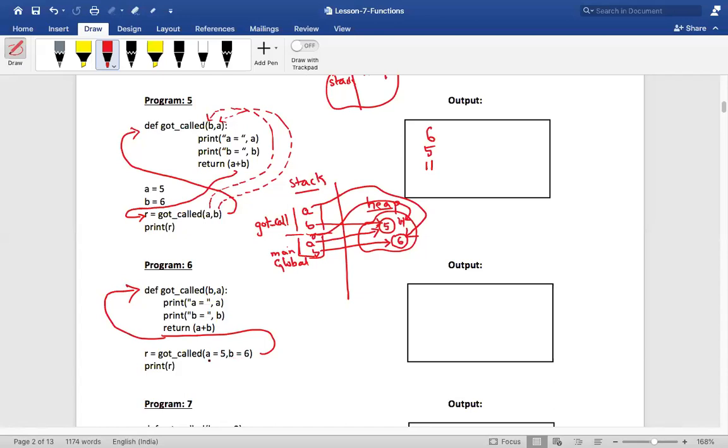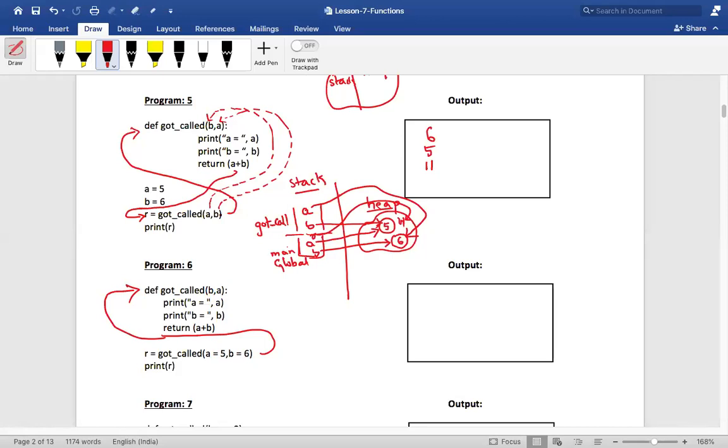So this is called keyword arguments, or keyword based arguments. It means you are saying A should contain 5 and B should contain 6, and it goes and sits over here. Here it is position based: A comma B, first position will go and sit in first position, second position will go and sit in second position.